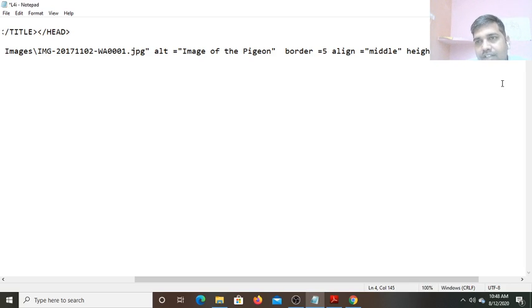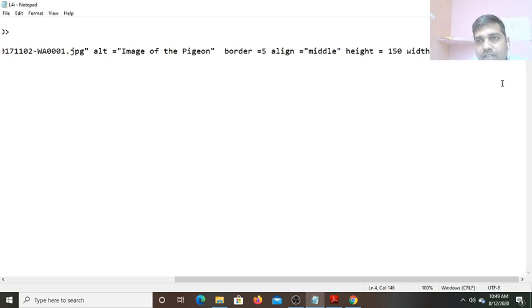We have given 800, so let it be only 300, and the height is given here 500, so let it be only 150.